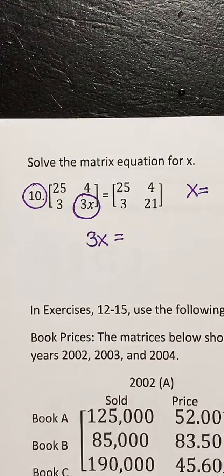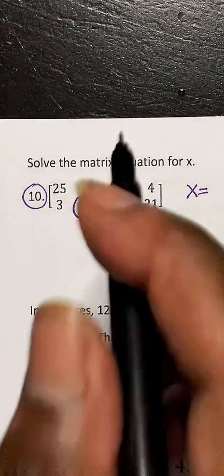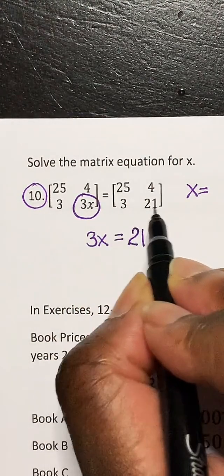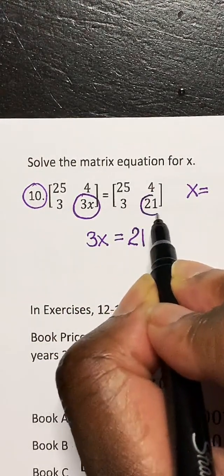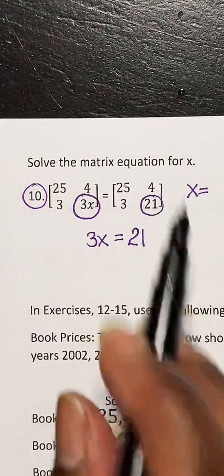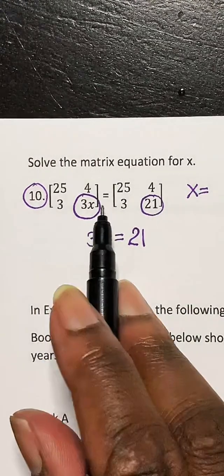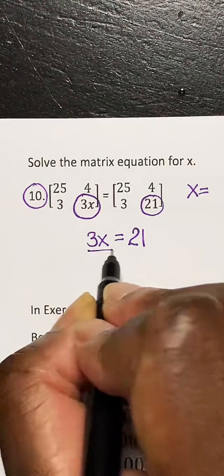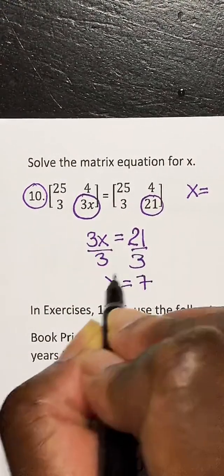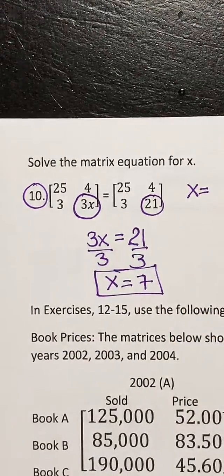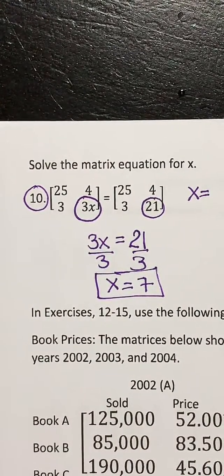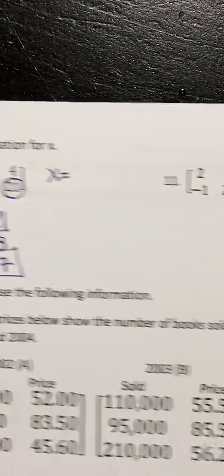Okay, good. Naya, thank you. So it matches with 21 because 21 is in the second row, second column as well. So set those two equal to each other. If you just need to solve for x, set them equal to each other, hence the equal sign in between. Divide both sides by 3, and x is equal to 7. You don't have to worry about anything else. You don't have to set anything else equal to 0. Okay? So for number 11,